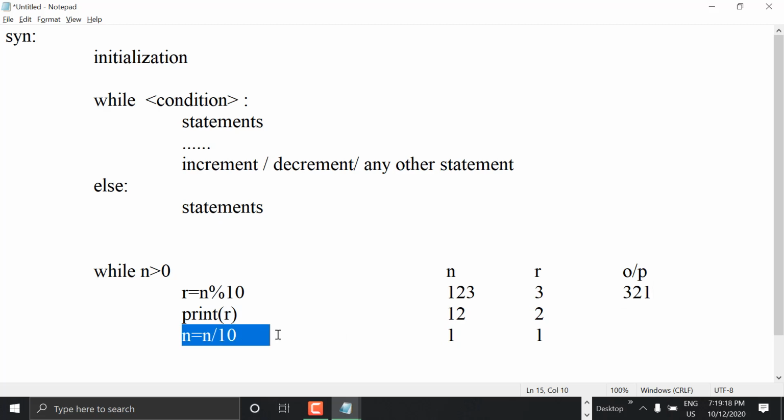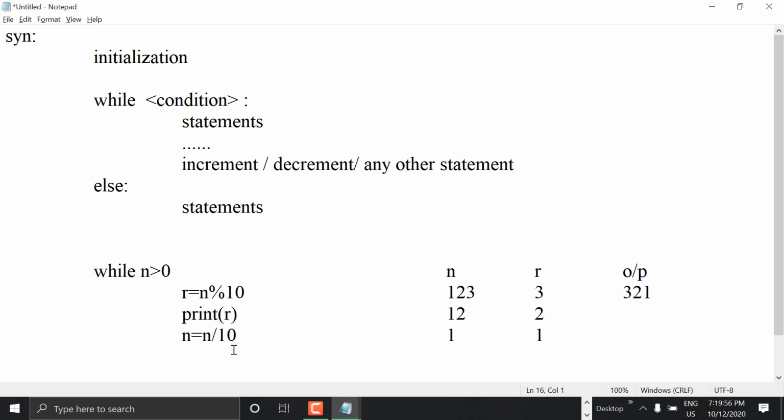Like if you want to print the sum of digits, suppose I give 123, 1 plus 2 plus 3, 6, I wanted to print. Then what do we do? Same program, just here we take a variable called sum, which is initialized with 0, and sum plus is equal to r. That's all. Outside the while loop, print it. Then you will get the sum of digits. Simple programs, but this logic is meant for many other logics. That is why you need to learn this logic by heart, and understand n greater than 0 or n not equal to 0.